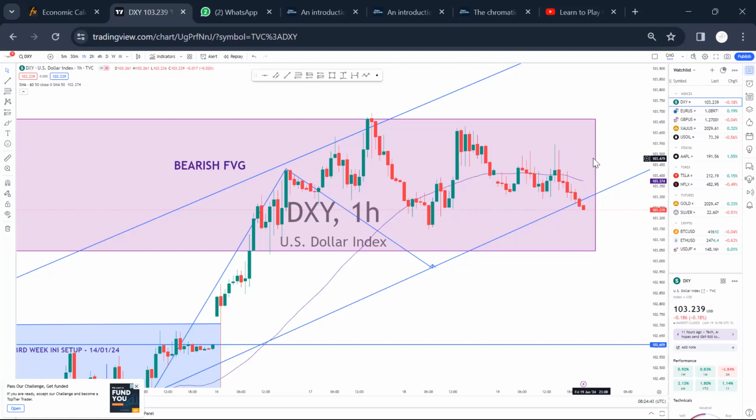So this is what I have for you. So in recap, the weekly time frame is bullish, yet it is tapping into a fair value gap, and the daily is in an uptrend, still ranging near a resistance level, right? And then when we move to the 1 hour and the 4 hour, we are still in a ranging market, just that the price is below the 50 EMA and the support level.